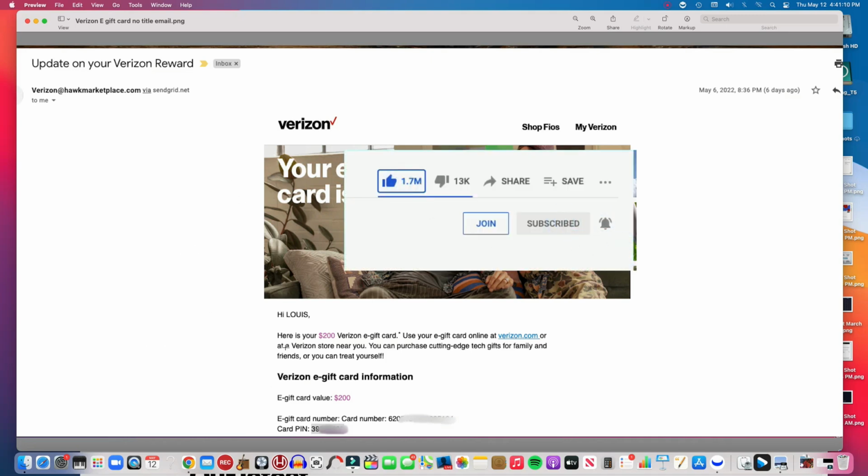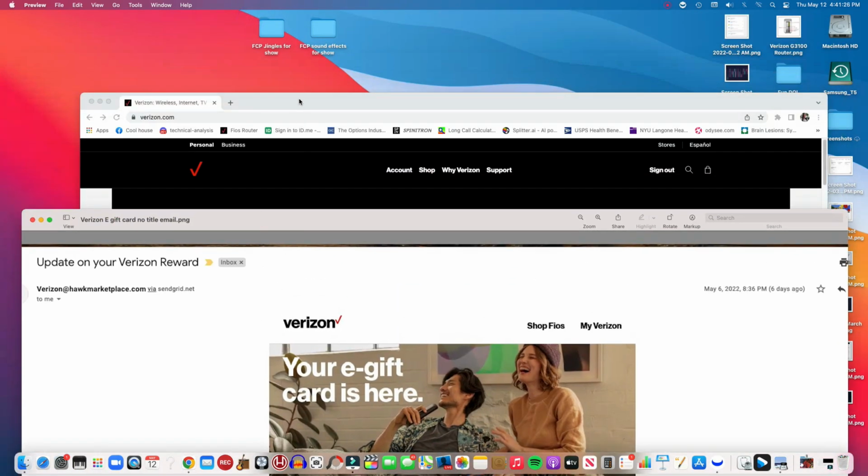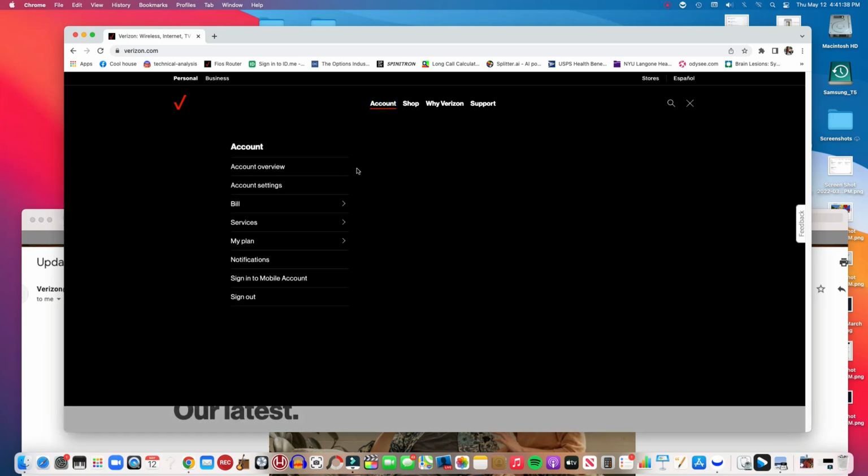So here is the email that I got, and down here you'll see the card number and also a card PIN. And once you have that information, you're going to go to your Verizon.com account. So Verizon.com, I'm signed in already. So basically you go to account, then you go to bill, and then payment options,